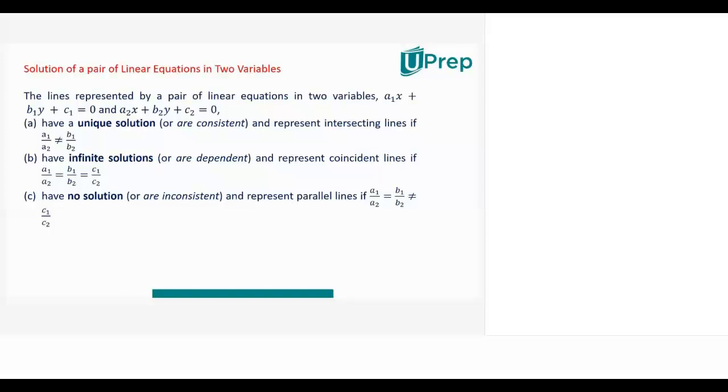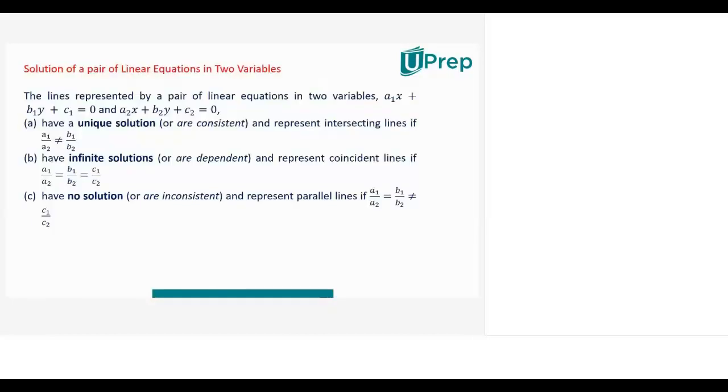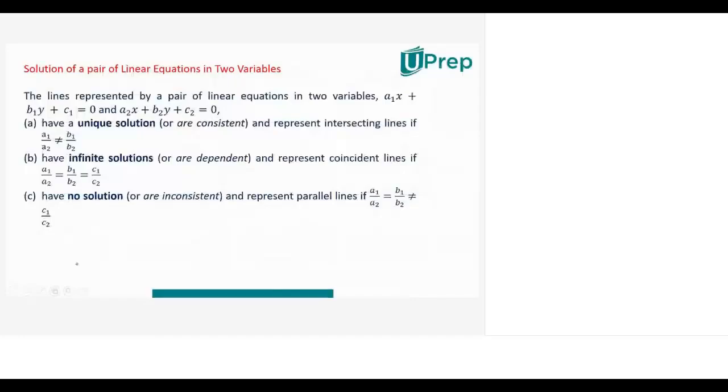And we know that when two different lines intersect, they intersect only at one point. That's the reason it will have one point of intersection, meaning one solution. It means we will have a unique solution. That's how we related these concepts with linear equations, that is with straight lines, and that's how we derive the condition: if a1 by a2 is not equal to b1 by b2, then these equations will have a unique solution.